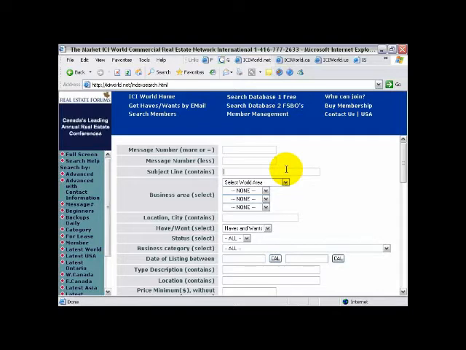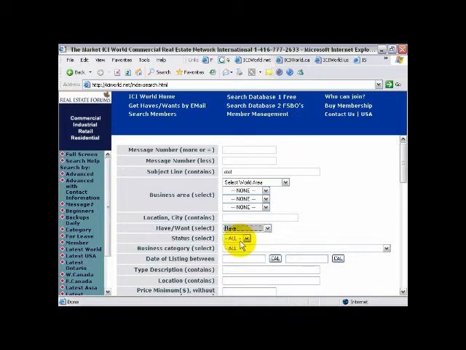For instance, if you're searching hotels or motels, the letters O-T-E-L are part of the word hotel and part of the word motel. So type the letters O-T-E-L in the subject line, just those 4 letters, because it's part of the word motel and part of the word hotel.